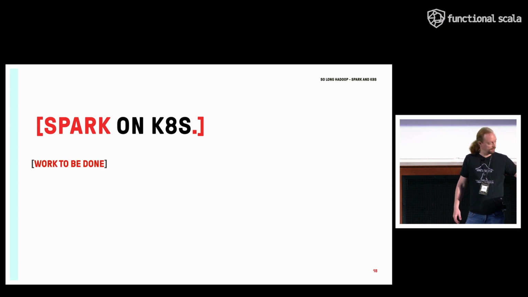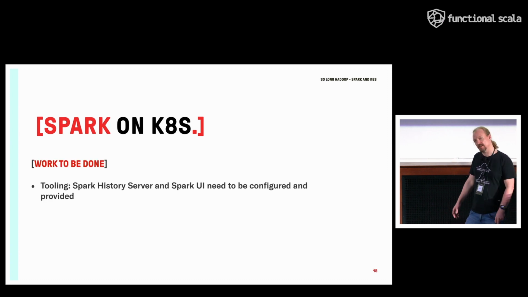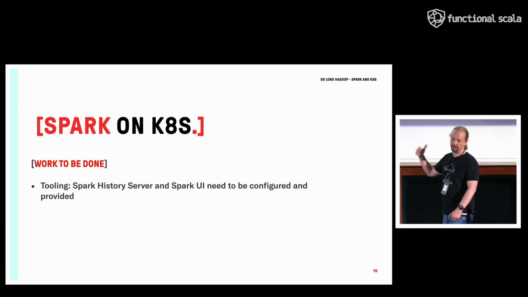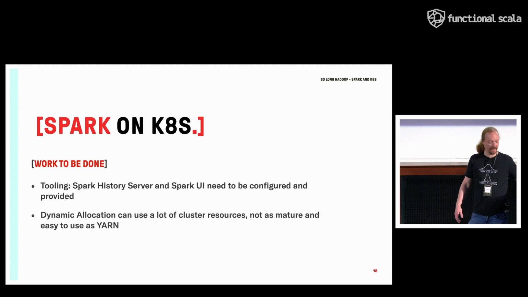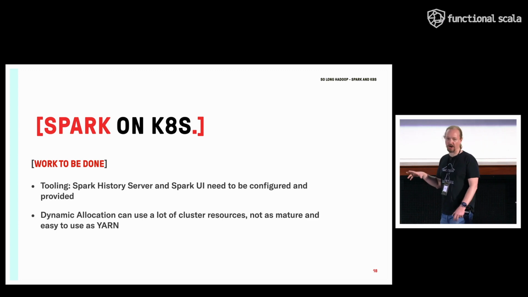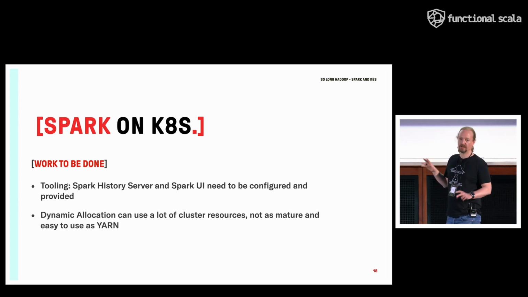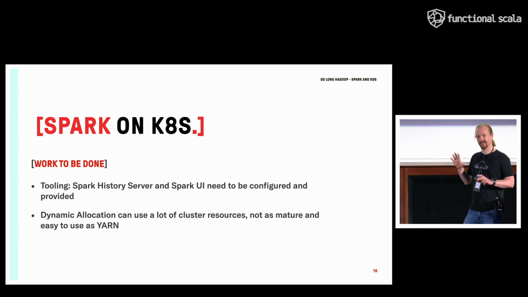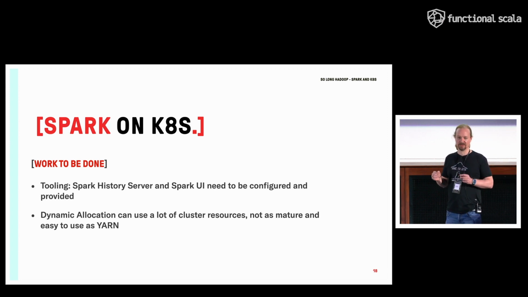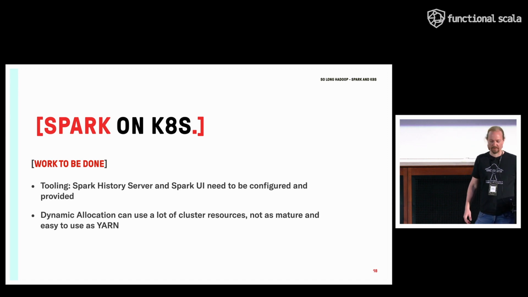So generally, there's a bit of work to be done because it's relatively new, so the tooling has to be improved. The community is working on that. And the big advantage of Spark, the dynamic allocation of jobs, which runs really well on Hadoop, is not quite there yet because there are some very specific ways in which Kubernetes plans and allocates resources that need to be reflected in the Spark framework.